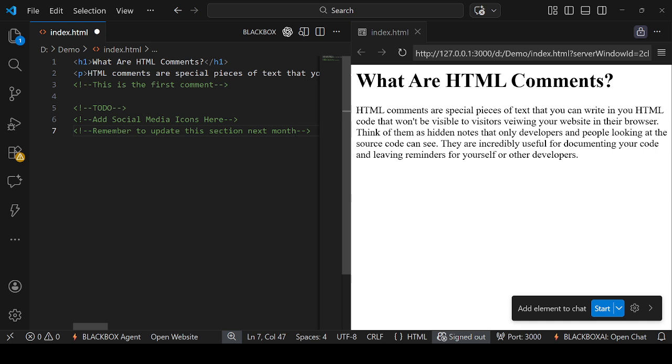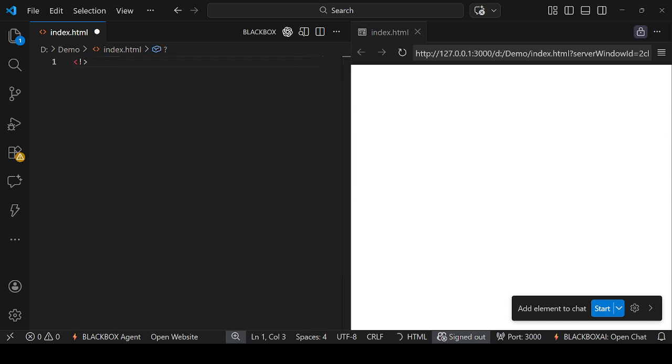There is another type of comment that is called multi-line comments. HTML comments can span multiple lines. You don't need to create a new comment for each line. You can write it in this way. Let me write this. For example, this is our comment and we are going to start it. I'm going to write a comment like this is